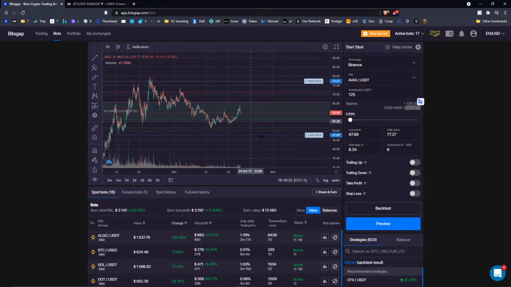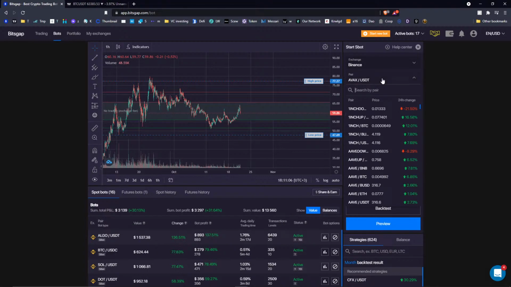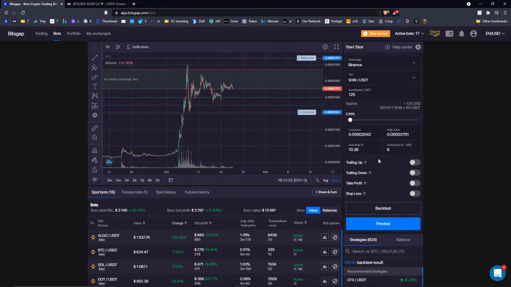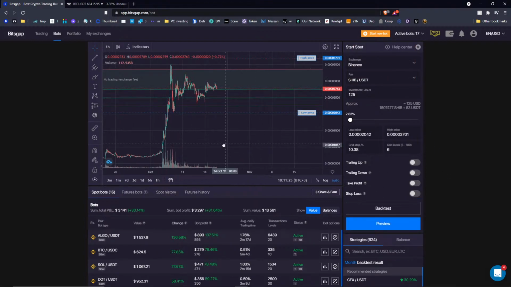That's limit buy orders, all of these green orders here, and the rest goes to the base currency, which is sell orders in that case. So you can start with 125 on AVAX, which may not be the case on other coins. Let's try Shiba, even though I don't actually know much about this coin. It's just for the sake of the example. Let's check if we can still trade with $125. Yeah, it's possible here to trade with this.